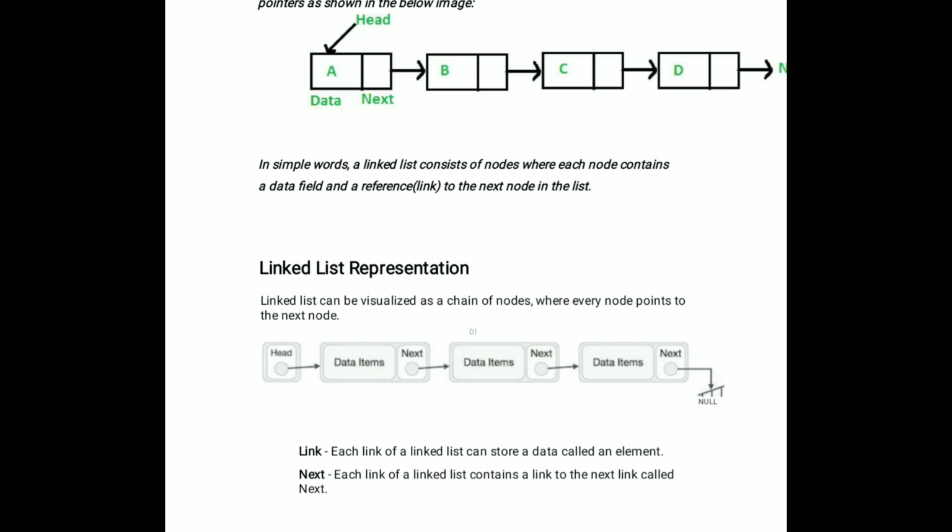So here we are using links. Each link of the linked list can store data called an element, and each link contains a link called next.